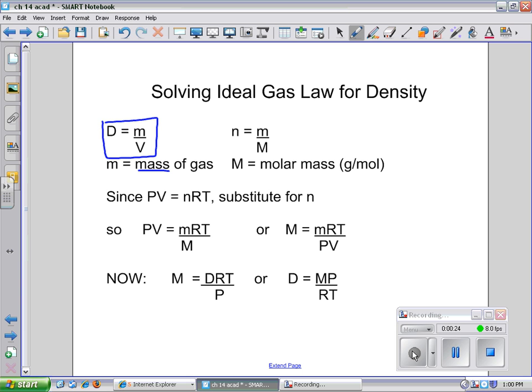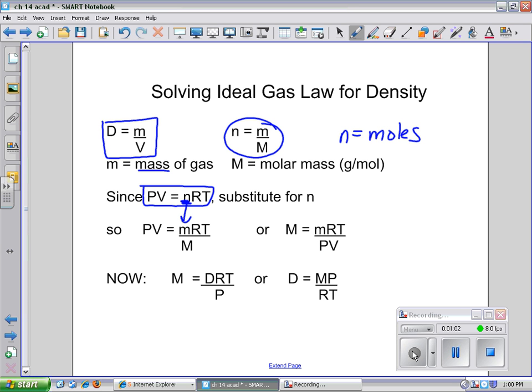And remember that n, which is our moles, is simply the mass divided by the molar mass, or grams per mole. Now, what do we do with that? Well, we can do a little bit of substitution. Since we have our ideal gas law, PV equals nRT, we're going to substitute for n. And n, we said up here, was mass divided by the molar mass. So now when we substitute, we're going to get PV equals the mass times R times T divided by the